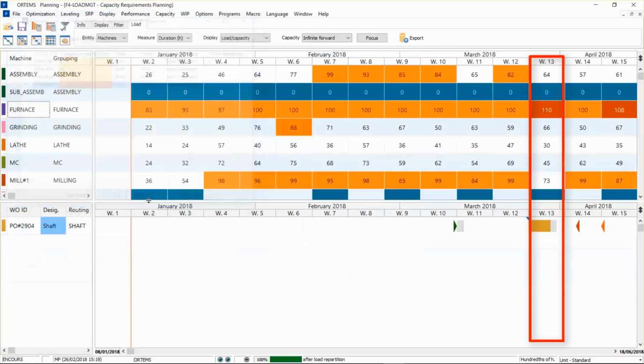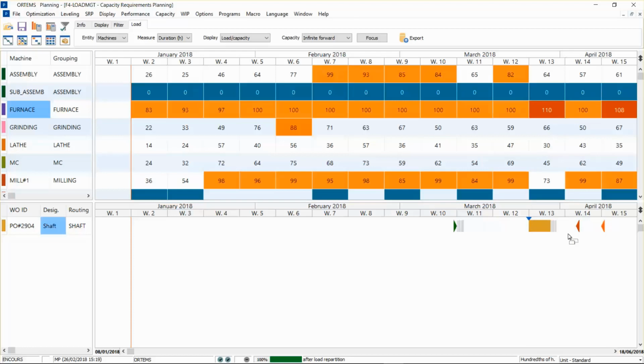I click on week 13. I select my overload. And I can see this operation was positioned on week 13. But if you postpone it to week 14, you will get an overload as well because you have a load of 100% on week 14. And if you try to move it to week 15 or later, you will be late if you look at this red triangle. That's why Delmia Quintiq has stopped postponing it and generated an overload in order to alert instead